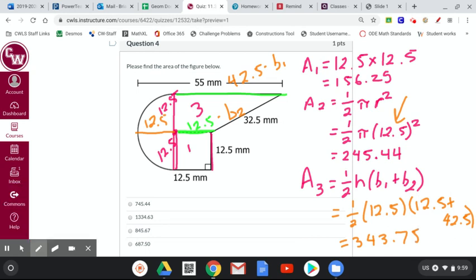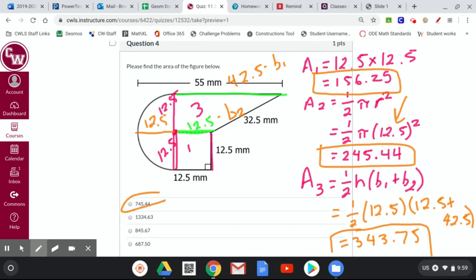So you have to add up these numbers right here that I'm going to outline. And when you add those numbers up, when you add up 156.25 plus 245.44 plus 343.75, that's going to give you 745.44. So that's what you should get for an answer there. And again, I rounded to the second